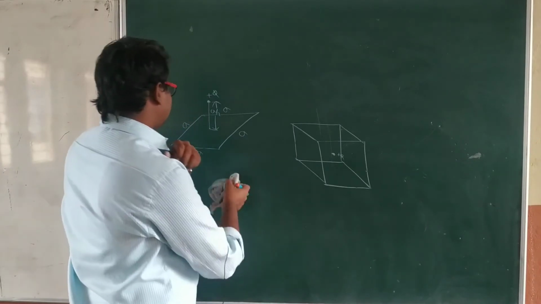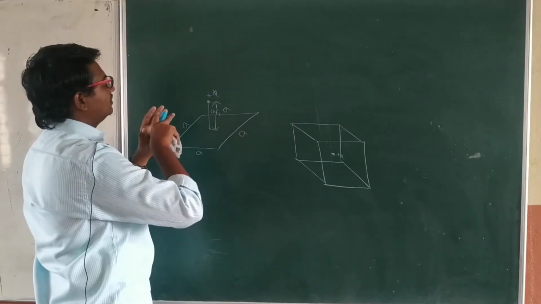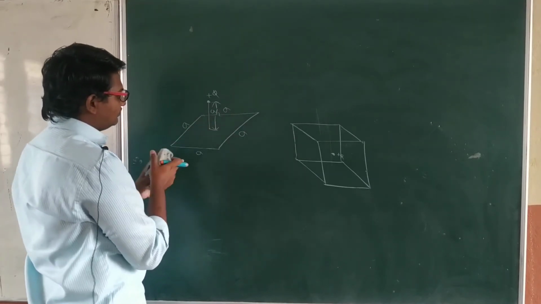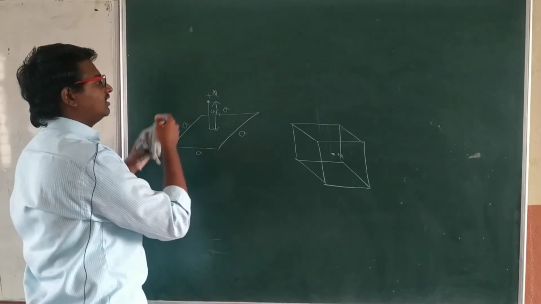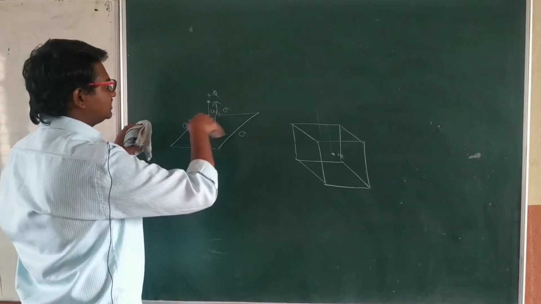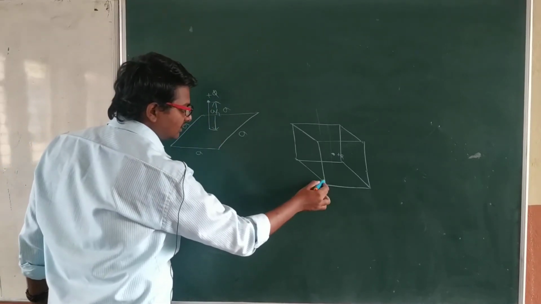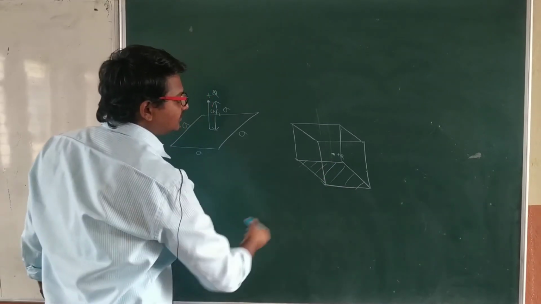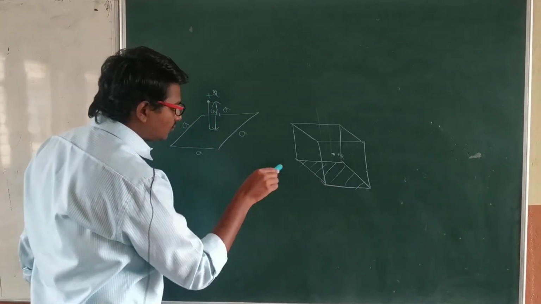In the same manner here also, this one will emit flux in all directions, but only one square side is receiving it, and in all the remaining sides it is going out. It means we just have to consider only the bottom area in this case. It means how much flux will be shared here. For example, total flux is phi.